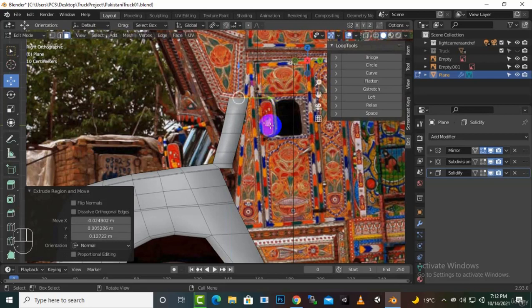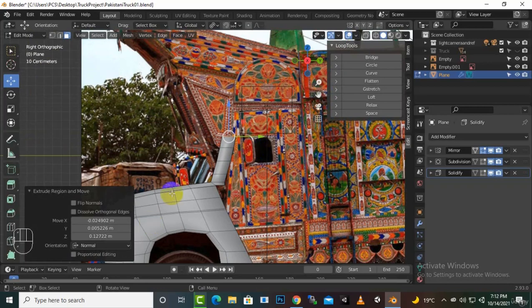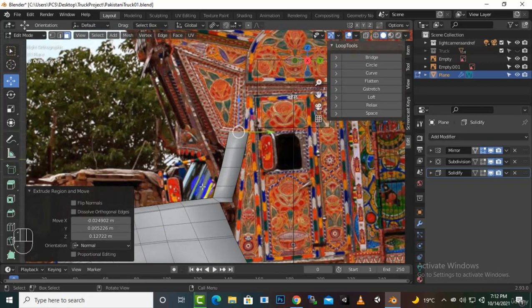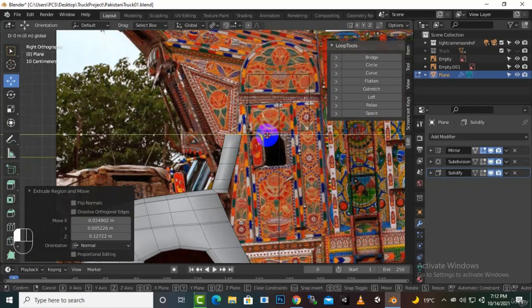Again. Okay, this is actually the sample here that we are creating, this mirror section. Okay, and as we are not accurate here with the image, that's why I'm just moving this section